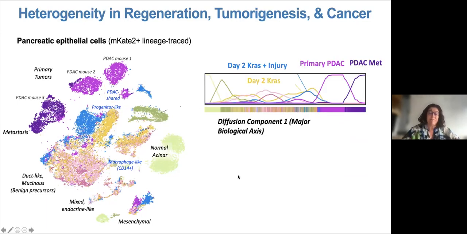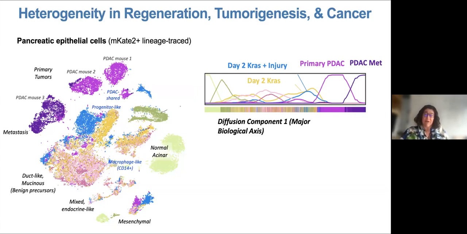So first of all, I said that this data seems to have progression. Diffusion components is one of my favorite approaches to look at the progression. So I looked at the first diffusion component. It really shows you the major progression, the major transition in the data. And it was really nice and encouraging to see that on the left right here, we have these completely normal wild type regeneration. On the right, we have the nasty malignant cells. And then we have an axis of progression where these early stages are somewhere in between, showing us that this major axis of progression is capturing some biology.